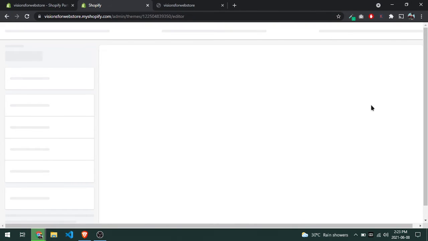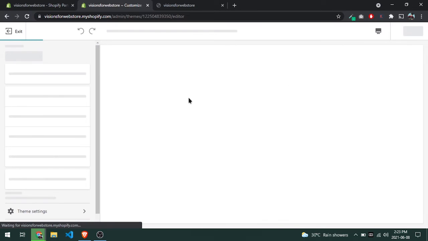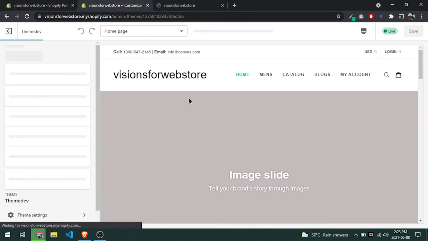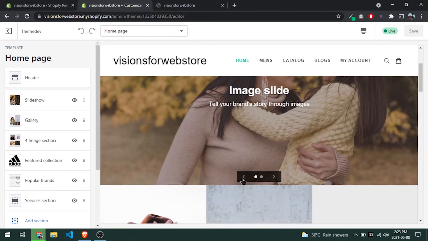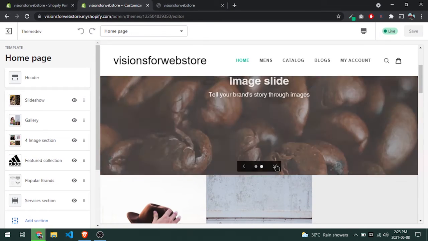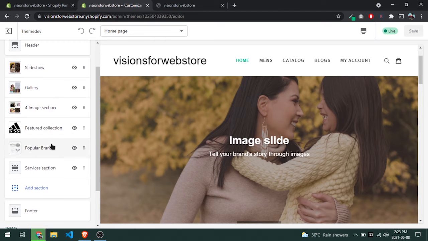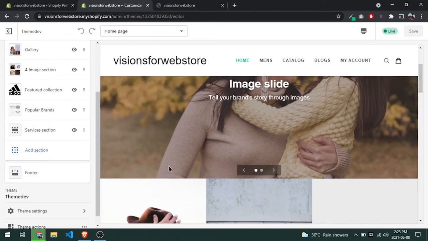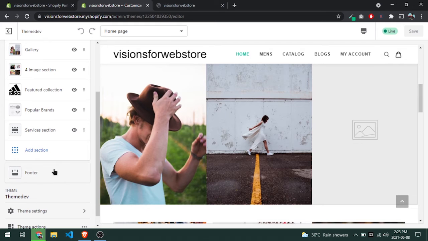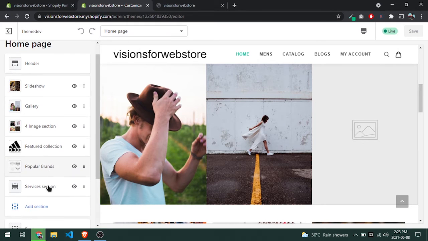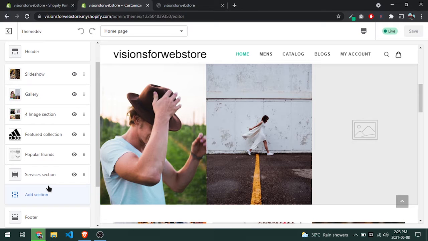So you would be getting all the options from the backend to customize and move these sections. So these are all the sections, and you can customize them according to your needs. This is the header section, which is globally applied everywhere, and the footer one. This is also a global section, footer and headers. And these are the sections that we can edit by our needs.